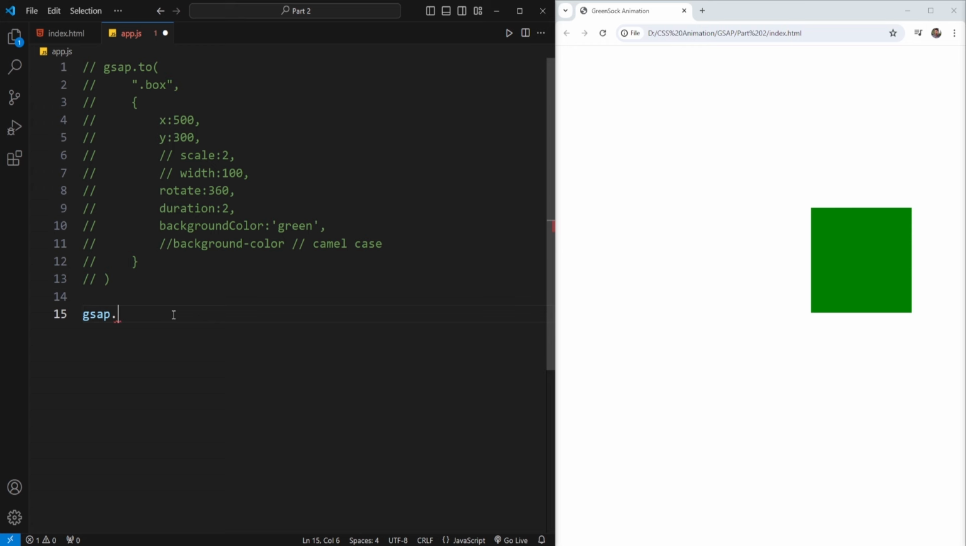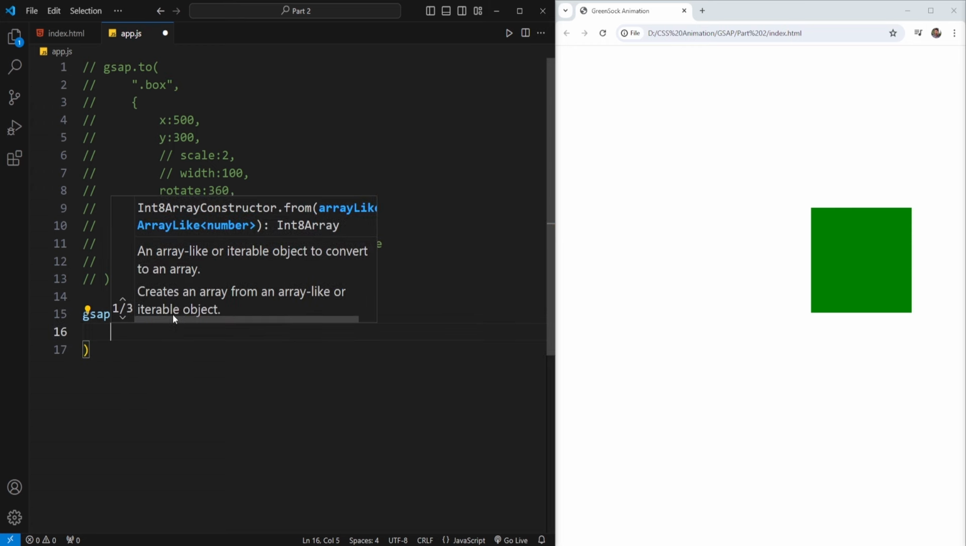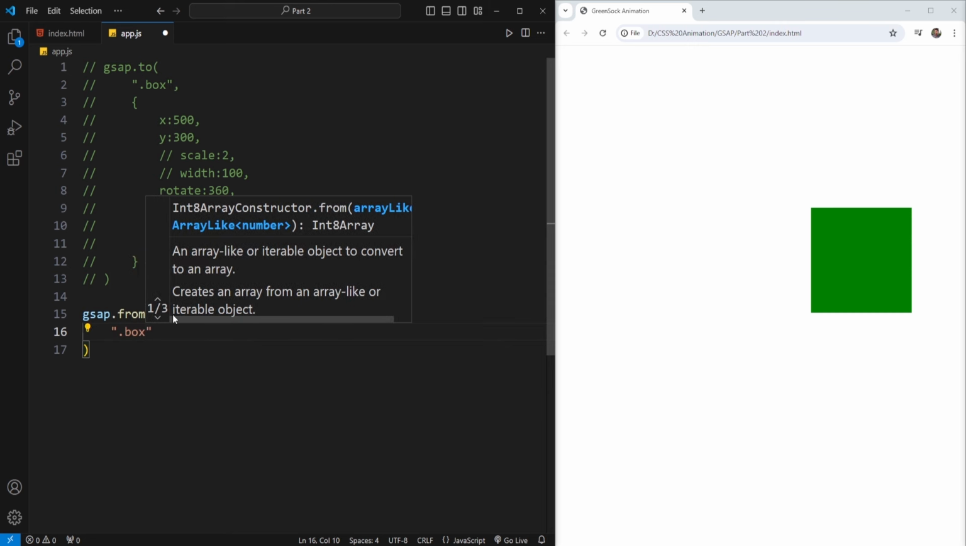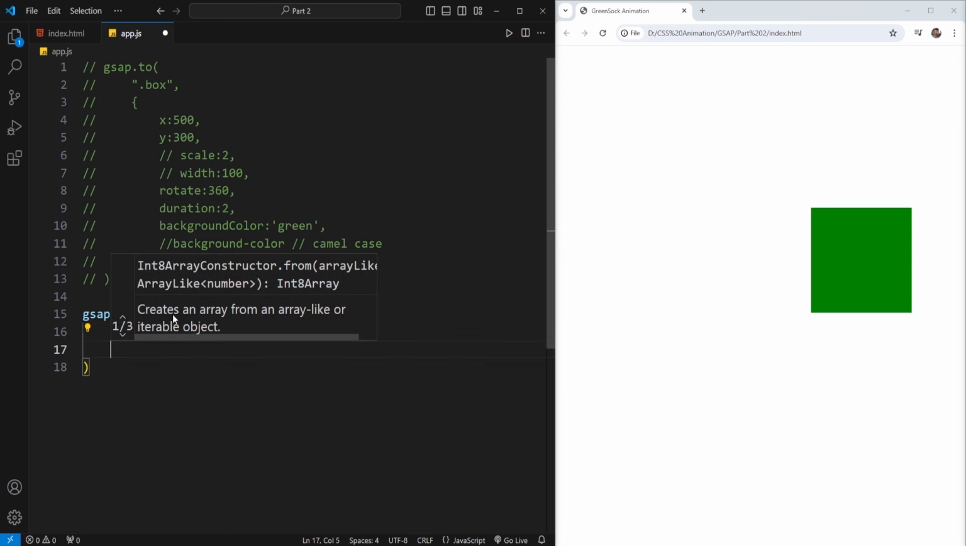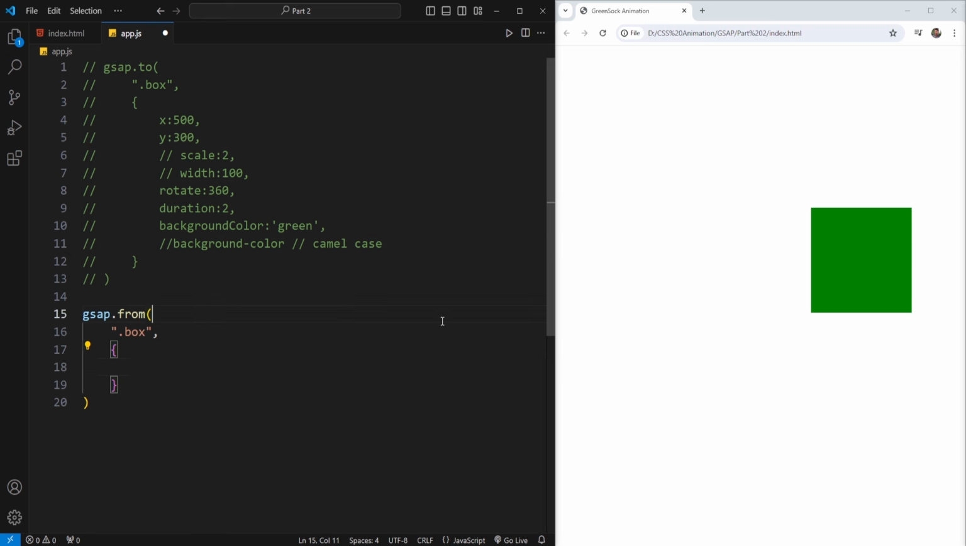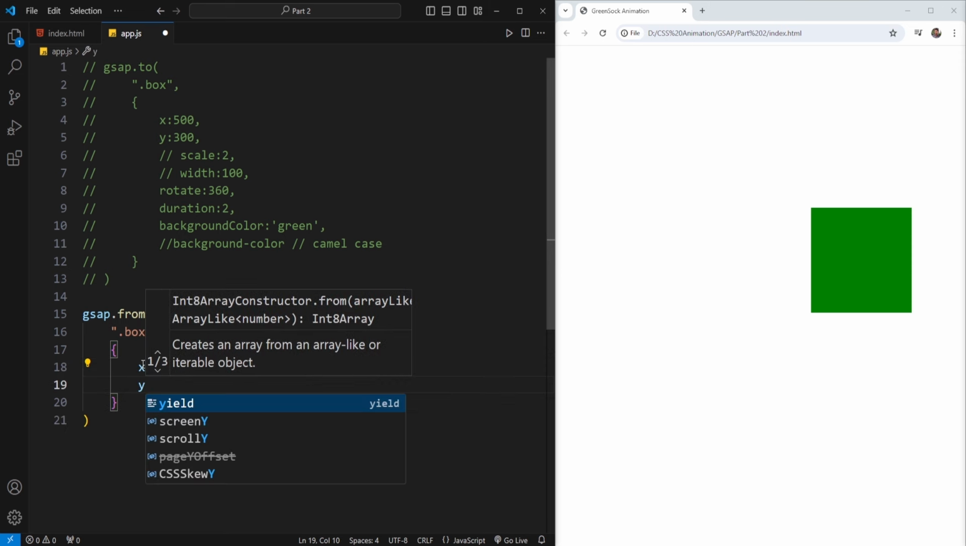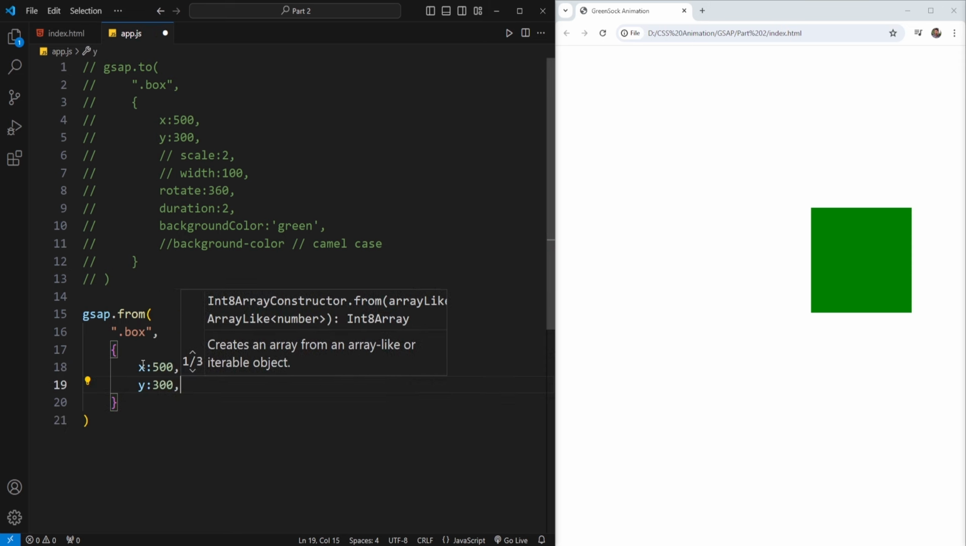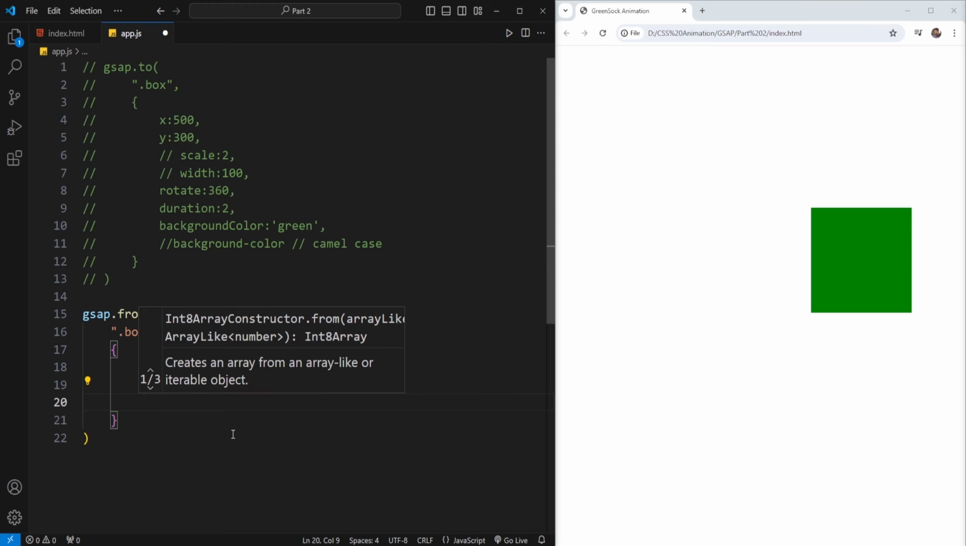GSAP dot from, then inside the round braces, at first I'm going to select the box element, dot box, comma, and in the next line I'm going to use curly braces. Inside the curly braces, we need to define our properties and values, and I'm going to apply the exact same properties. So here I'm going to type x value is 500, comma, y value is 300, comma,